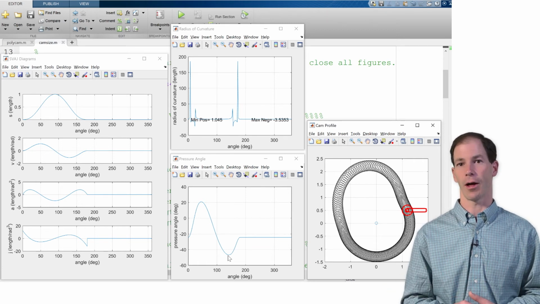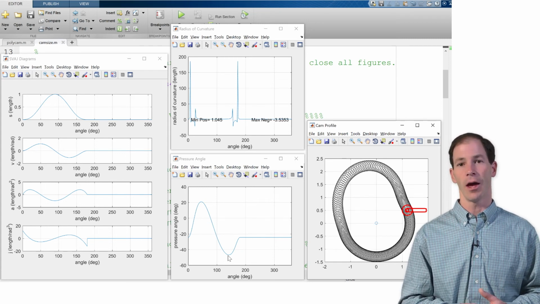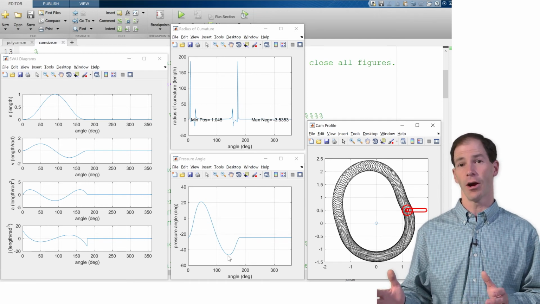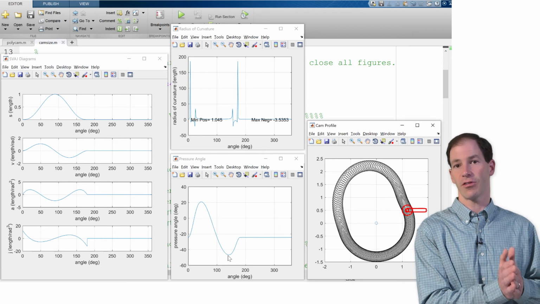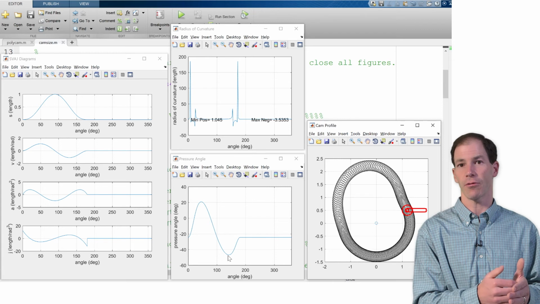With this symmetric profile, now I have created a poorer pressure angle in one direction. Now there are some cases where we actually want to do that, and the cases where we would want to do that is if we're perhaps providing a large force to push it outwards, in which case we want a good pressure angle, and then maybe we just have a large spring force or just spring force driving it back